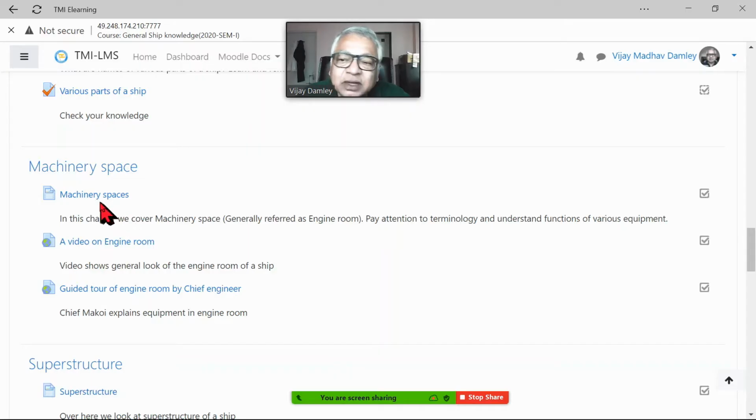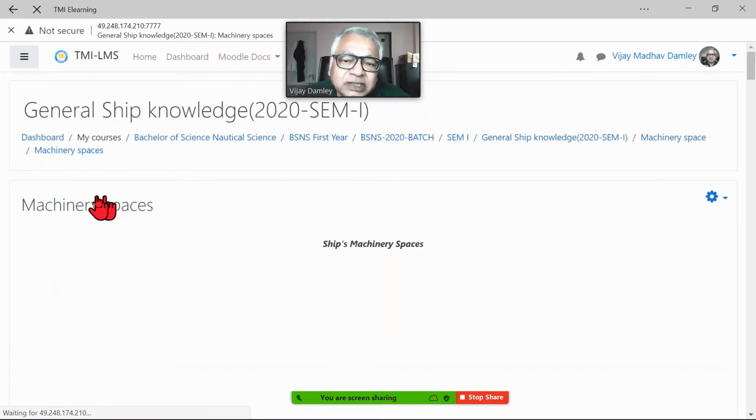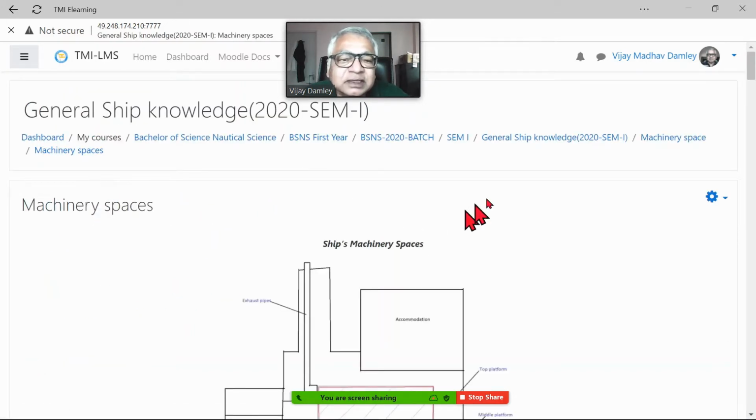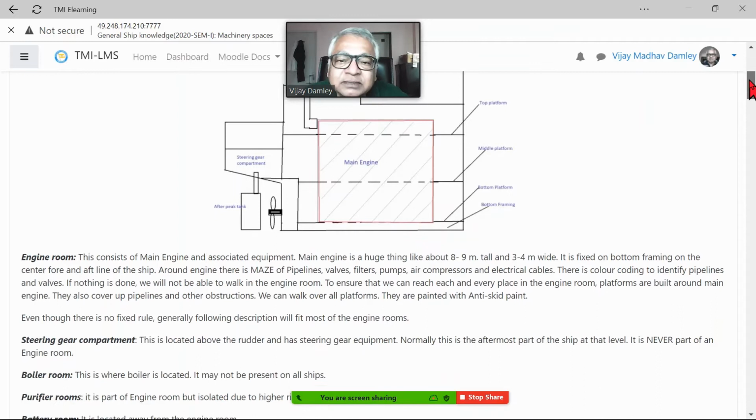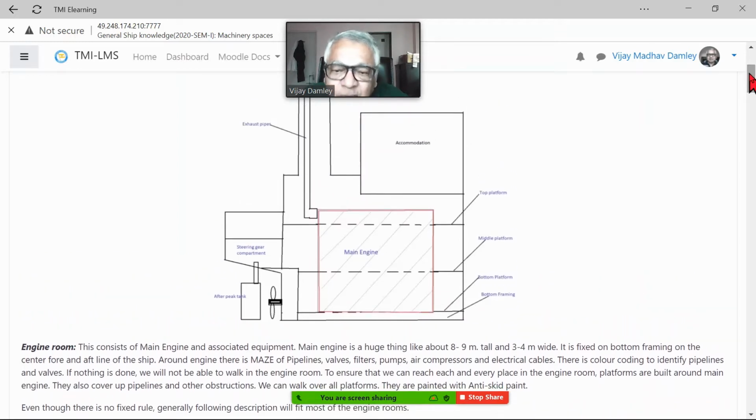Now again we have got terminology and functions of various equipment. Now I will explain a couple of things that are more of general knowledge. To imagine an engine room, again you go back to